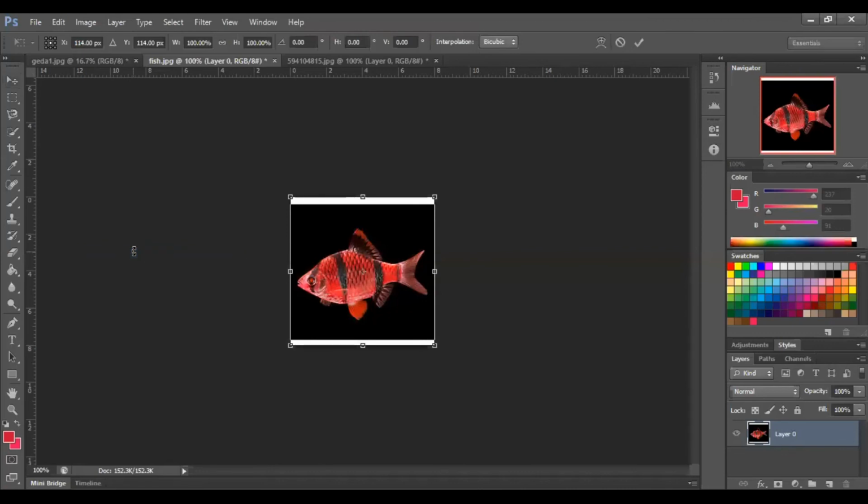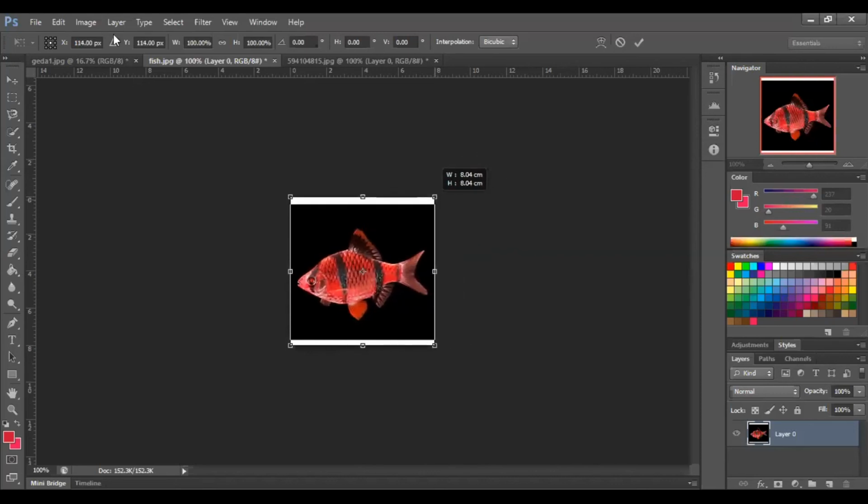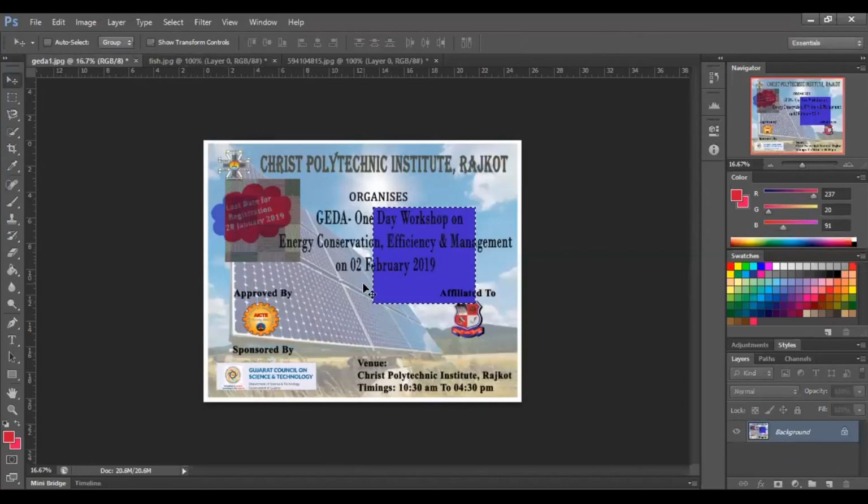Now see, there is an option free transform, or when you are going to make a poster or something using Photoshop, then Control plus T or free transform is very useful tool. Why? Because sometimes you are putting a text on your document, or sometimes you are going to place an image in existing poster. Then Control plus T or free transform is very useful. Why? Because it will give you the scaling effect in your document. Okay, if you want to see, then if you want to see again, just wait a minute.